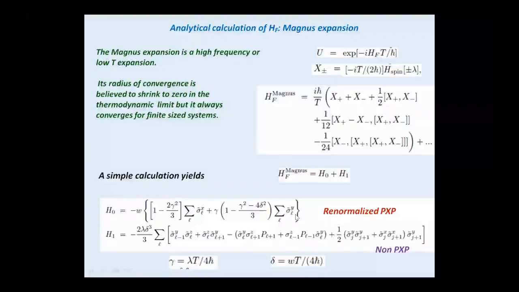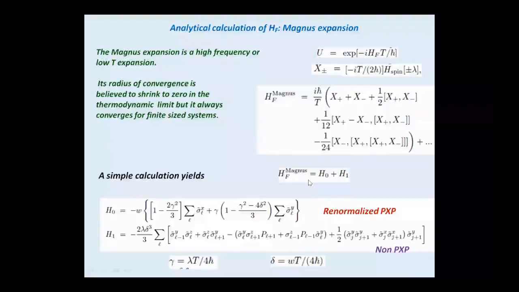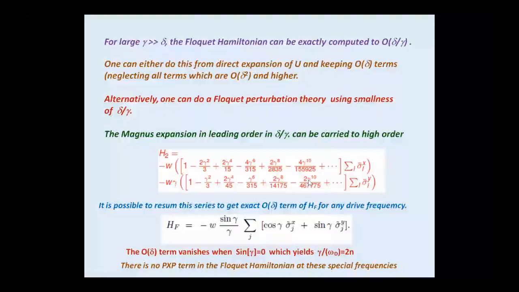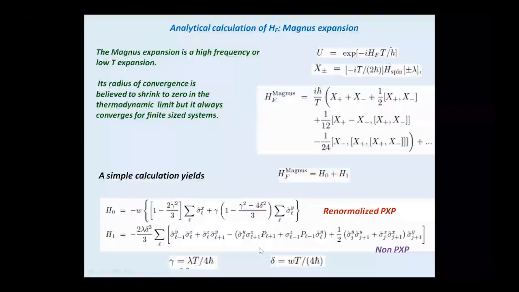Then there is a class of terms which cannot be mapped into this PXP kind of term. Those are the higher order terms, and they represent deviation from the typical PXP Hamiltonian form. So that's the result of the Floquet-Magnus expansion. One can do this frequency expansion in higher orders. We did this, but that's not the main point. This Floquet expansion only captures the physics at high frequency. But what happens at intermediate frequency?